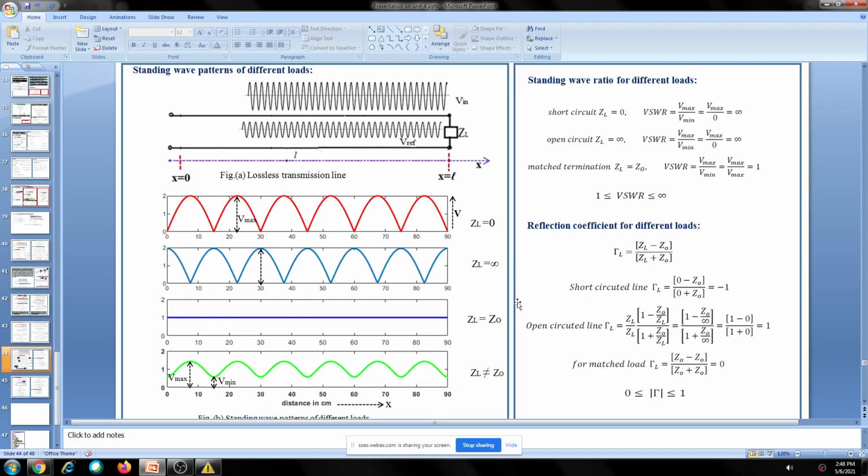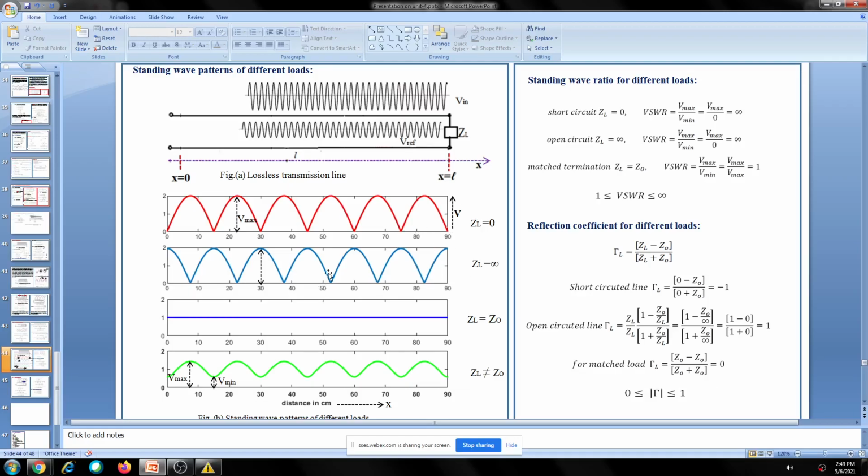So now here, if you take half wavelength of a short circuit, for example, I took a length of the line ZL, only half wave, then this pattern will be there on the transmission line. We will observe one minima here, reaches maximum here, and again we will be getting minima here. If half wavelength, we will be observing only this pattern. If it is a short, if it is open, we will be observing like this. Voltage is maximum, it becomes minimum, and it reaches maximum if the length of the line is only half wavelength.